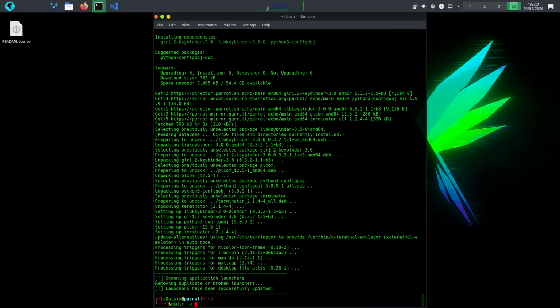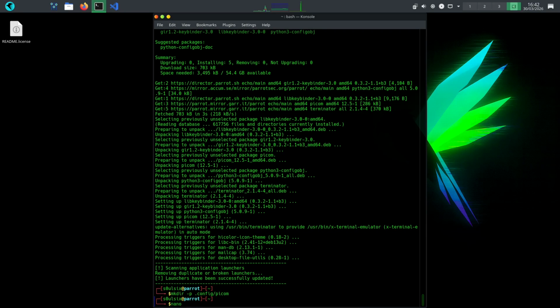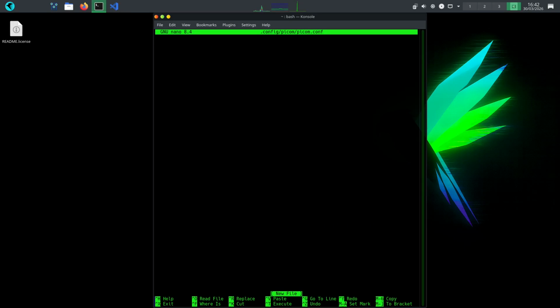Once PCOM is installed, we need to create its configuration file. Inside the config, add the following: